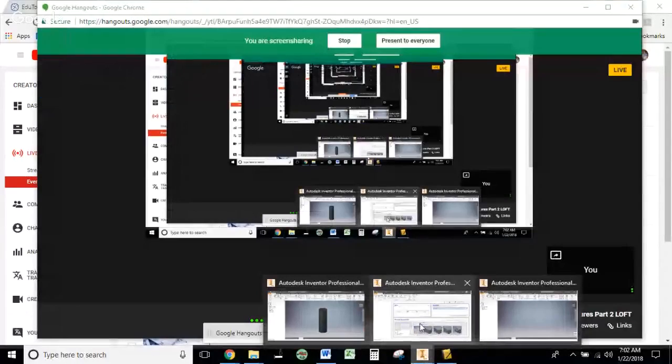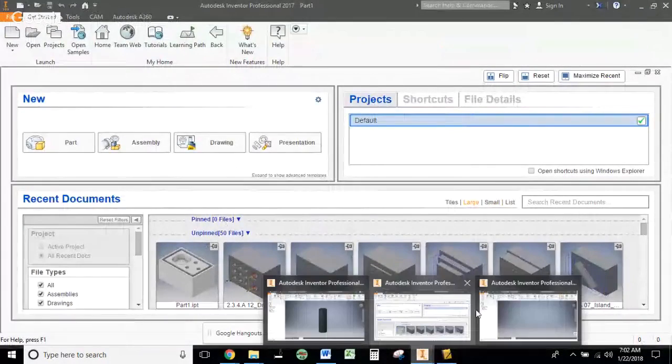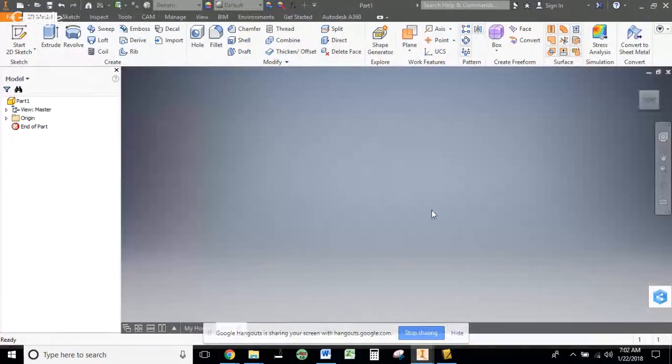Today we're working on activity 5.5B, CAD modeling features, and we're going to be working on the LOFT command. So let me share my screen, and you can turn to the instructions for this one. The LOFT command is just a way to make a part that we don't have right now. So we know extrude and revolve, but LOFT lets us make this part, which would be really tough without